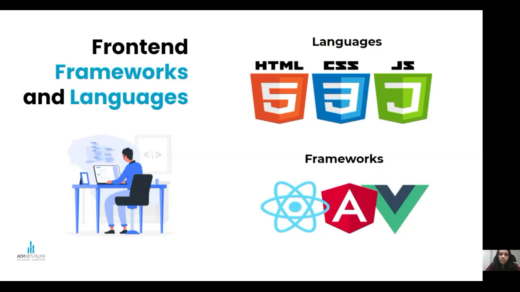Now think of HTML as the abstract text and the images behind a web page. CSS is the page that actually gets displayed, and JavaScript is the behavior that can manipulate both HTML and CSS. Now I'll talk about the JavaScript frameworks, which are React, Angular, and Vue.js. React is developed by Facebook, Angular is developed by Google, and Vue.js is an open source community project. Next slide.